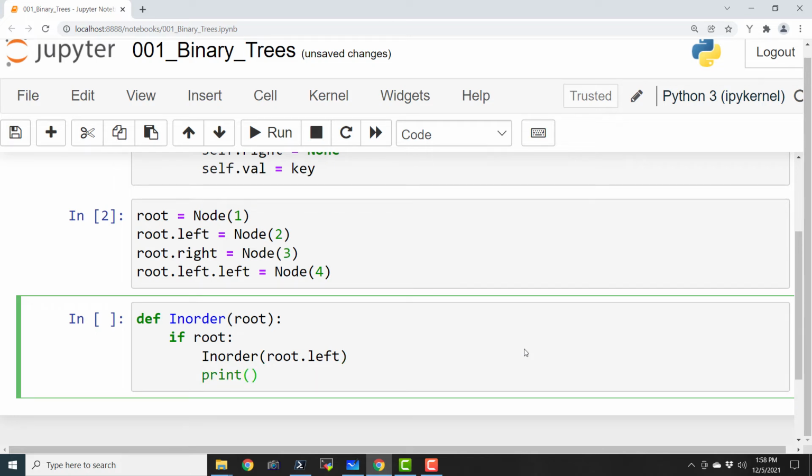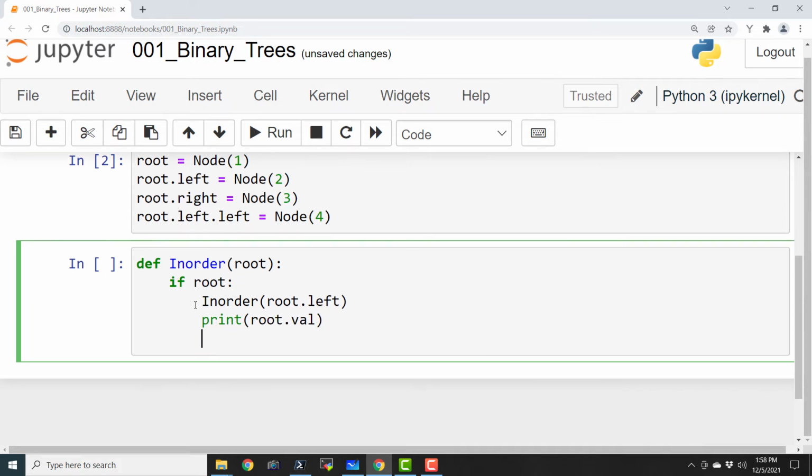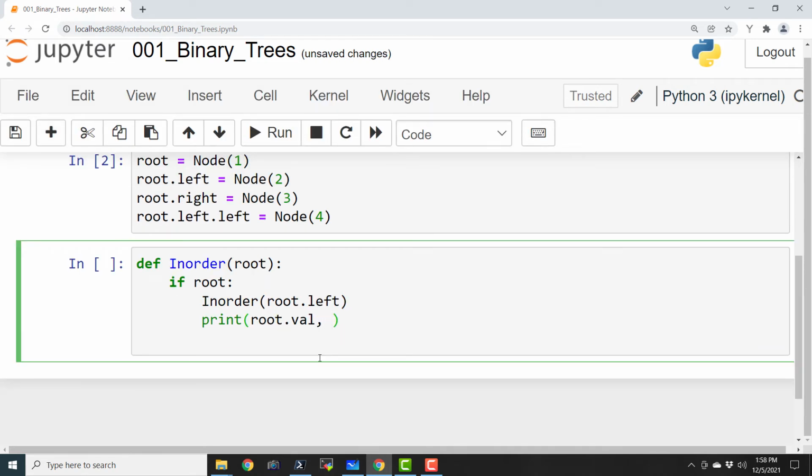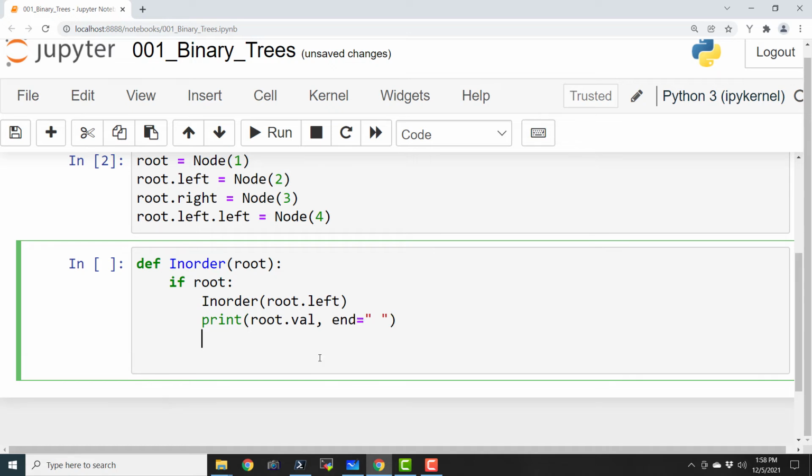Print(root.val, end=" "), so that it is going to print an empty space after it prints the value. So this is right, and that's it.